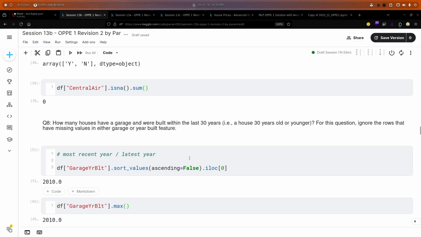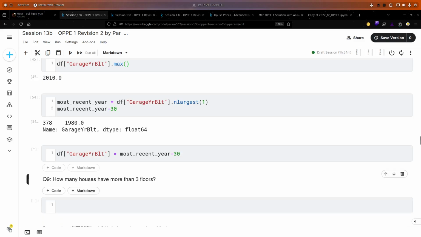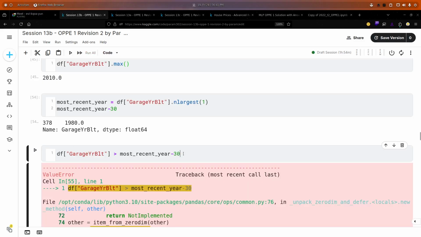Okay, so now what I will do is, most recent year is this. So the garage year built should be, I can set a year condition: most recent year minus 30. Now if I do most recent year minus 30, then I will get this year, and the filter should be something like this, so I can get the values which are in this range.